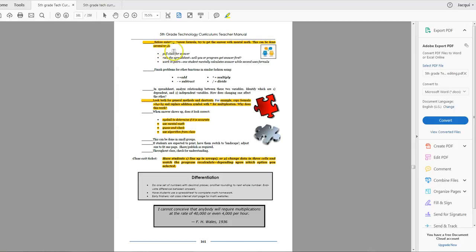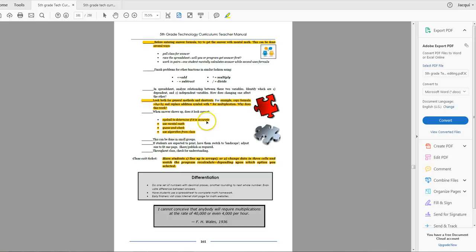Now, fun things you can add before entering a formula answer: poll the class for an answer. That'll force them to think quickly, what is 22 plus 89? And come up real quick. Race the spreadsheet, work in pairs, and have one student mentally calculate it while the other uses the formula. Just different ways. When they're putting an answer in, even if they're using a formula, have them check these.